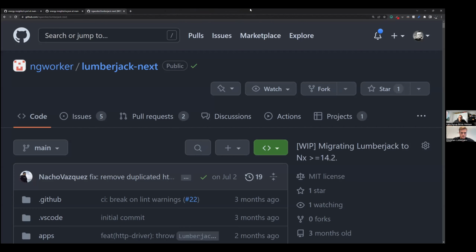And for this, you cannot do this without NX Cloud. So you need NX Cloud. What it gives you is even more automation or intelligence in how your build and the other tasks are managed. Because instead of having a job for build, a job for test, a job for lint, and a job for end-to-end tests,